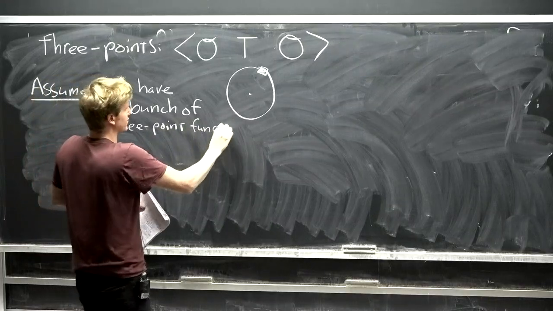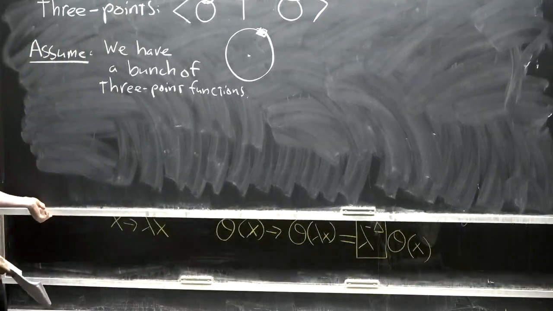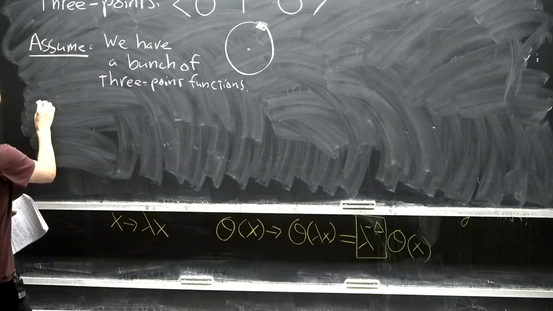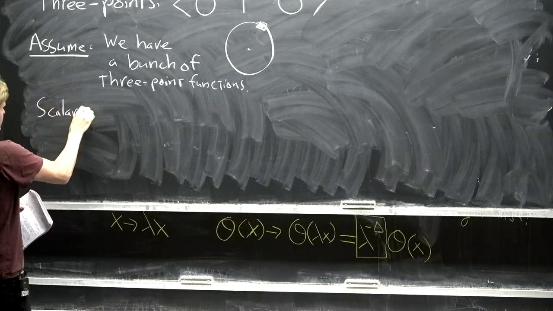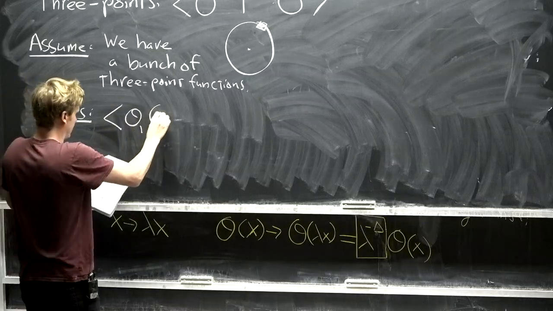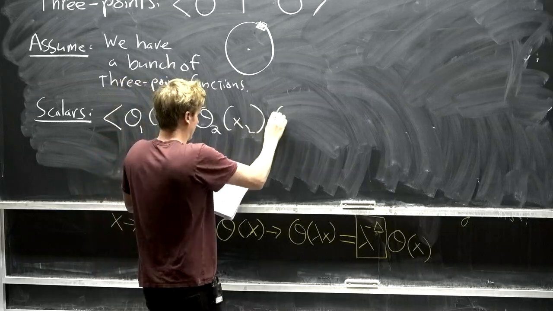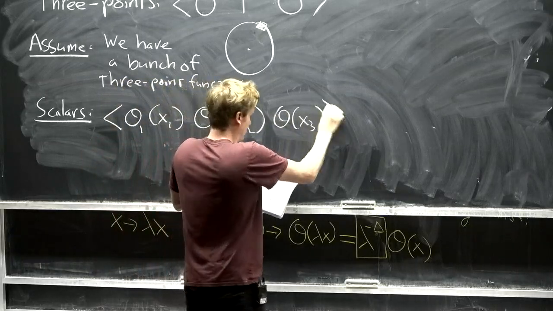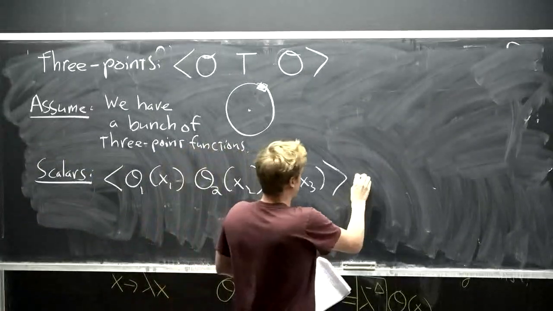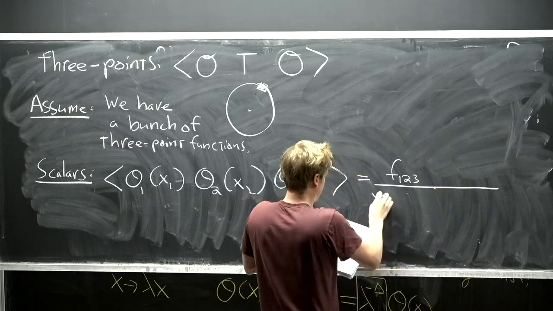And so in principle, these could be computed in any theory that you want. And so the only nice thing about the conformal field theory is it largely fixes the structure of the 3-point function. And so there's a very famous formula which again is in many textbooks, and so I won't reproduce it here, but just showing that if you have, for example, scalar operators, you can use these transformations or invariants under the transformations of the CFT to show that this is given by some number, and it has a fixed dependence